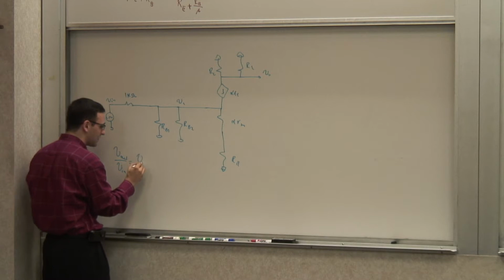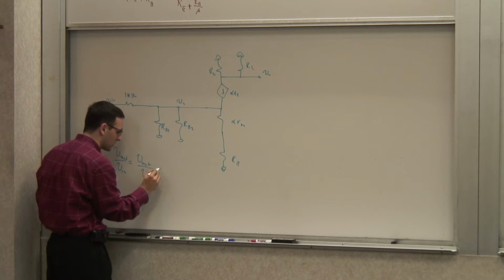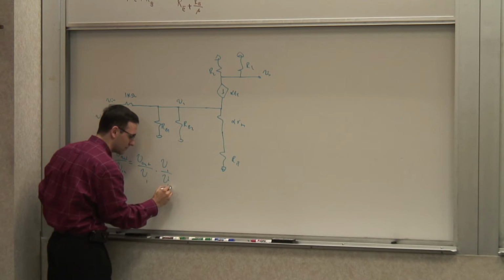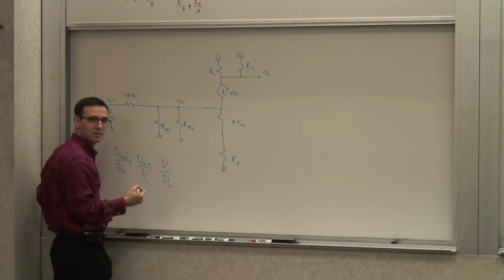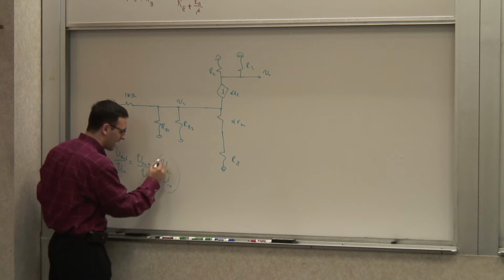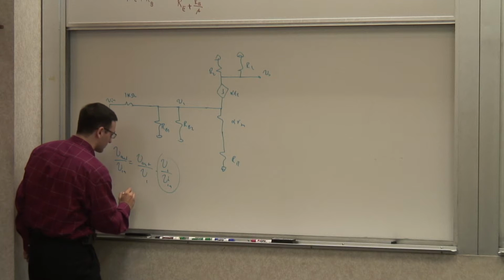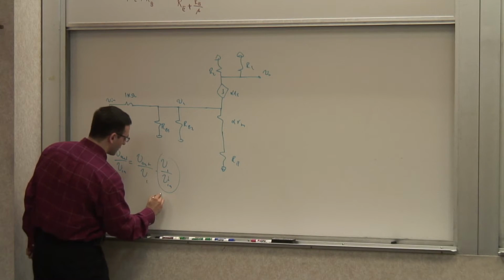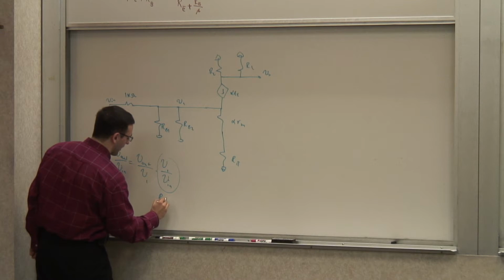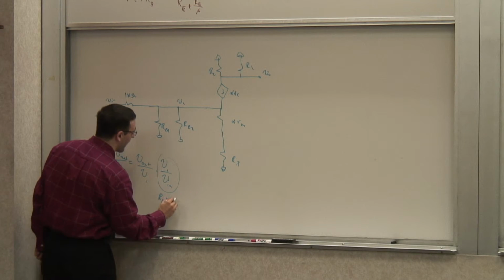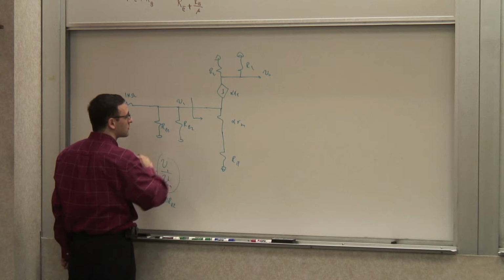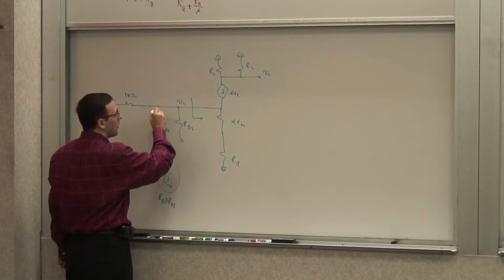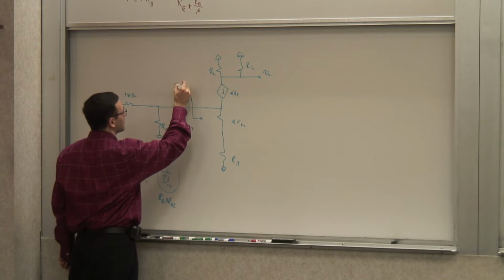But I write it as V out over V1 times V1 over Vn, and I calculate these individual gains independently. So this guy is what? This is the voltage divider ratio. So it's the parallel combination of RB1 and RB2 and whatever you see looking into here, which is R pi plus